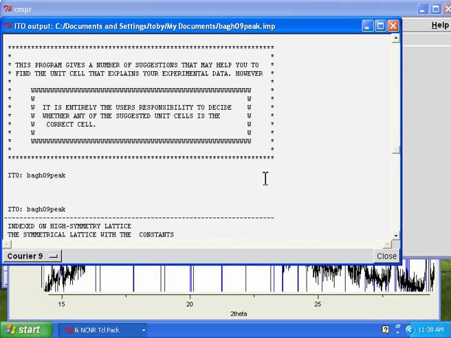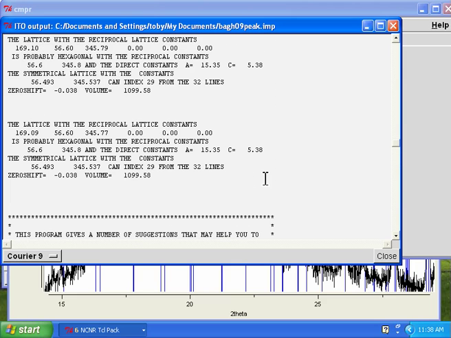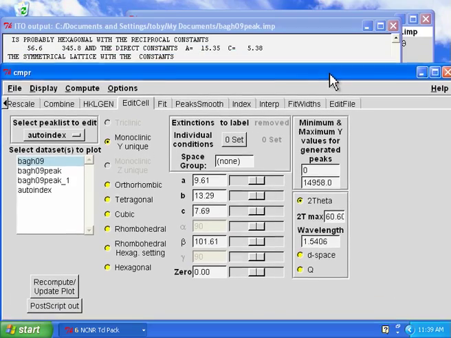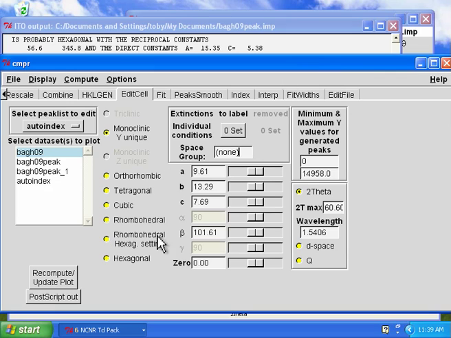Okay, so the lattice constants are A, and of course B equals 15, and C equals 5.8. So let's see, this is always a little tricky on such a small screen, see if we can bring everything so we can see it. So let's select hexagonal, okay,